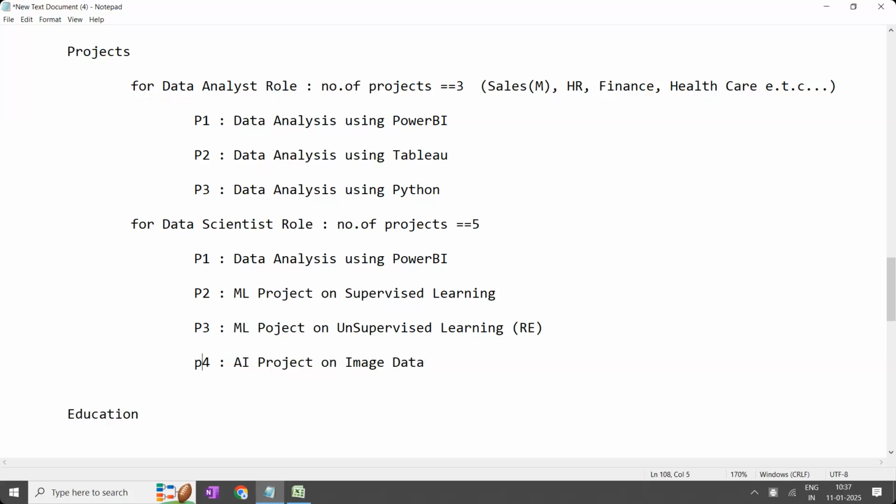That might be a normal image project or a generative AI project, anything, but it should be related to images, from computer vision, artificial intelligence, or generative AI. Choice is yours, but one project from images. And similarly, one AI project should be on text data.